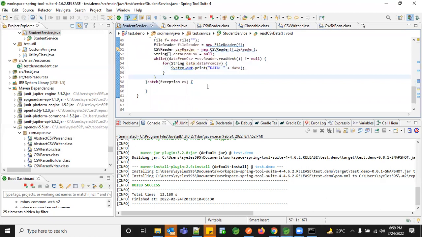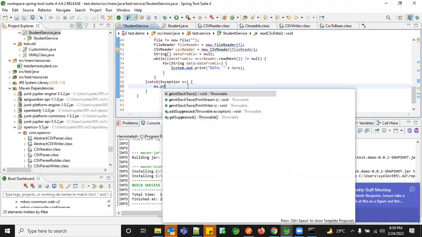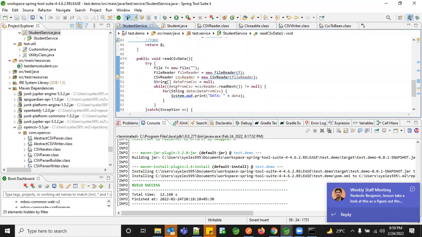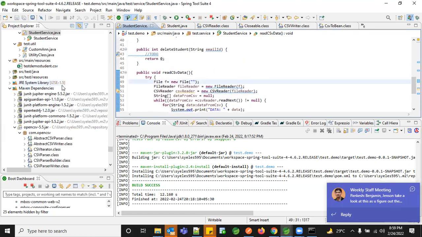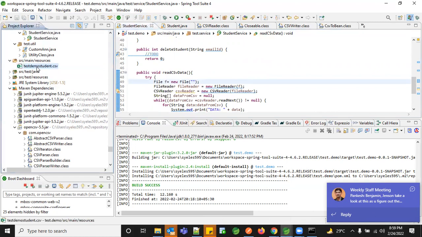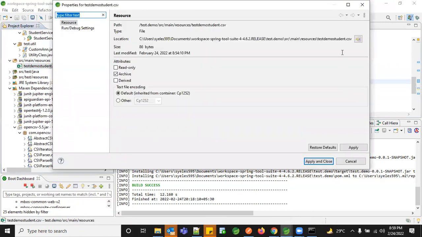Okay, now we need to use this method to call, and here I'll just have ext start trace. I need to give the path, so let me go to this properties.